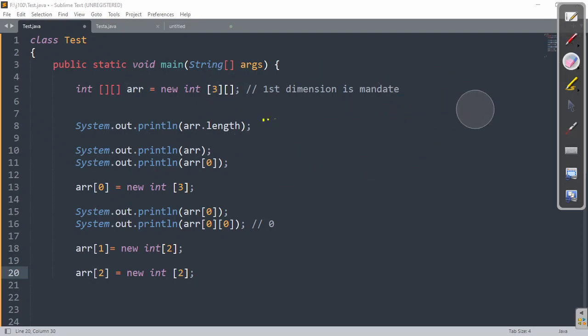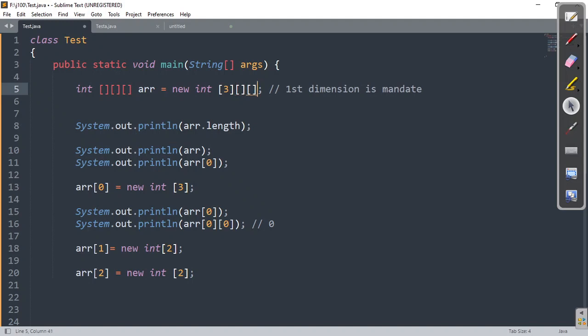It always uses the array of arrays format, right? So these are a few concepts I need to share with you regarding this multi-dimension or double dimension array. If it is a 3-dimension array, you know what to do. You have to write like this followed by this.